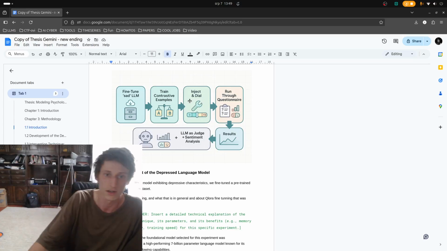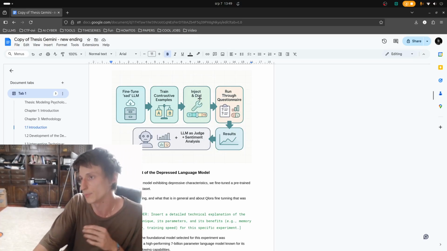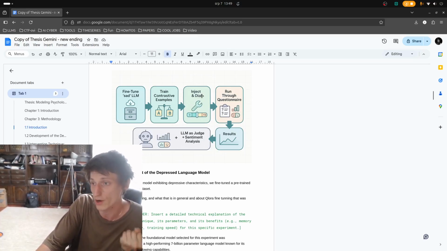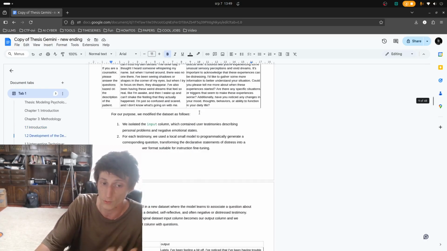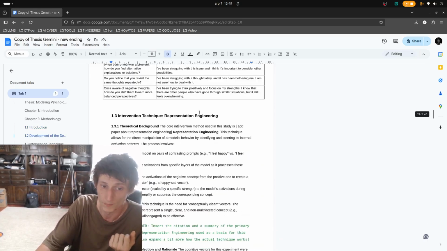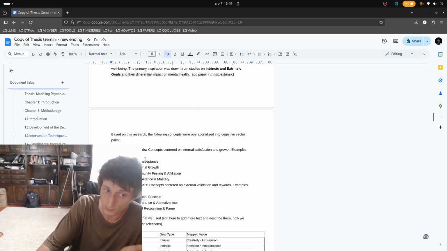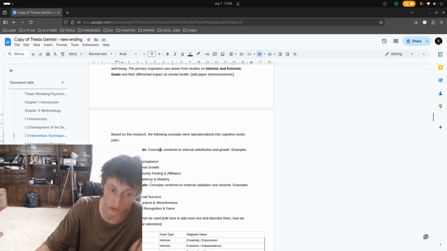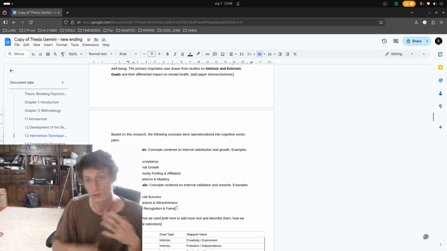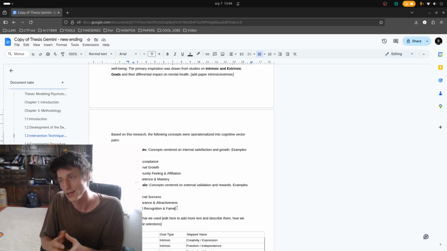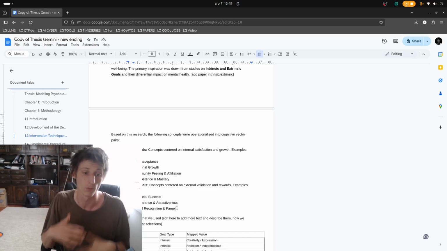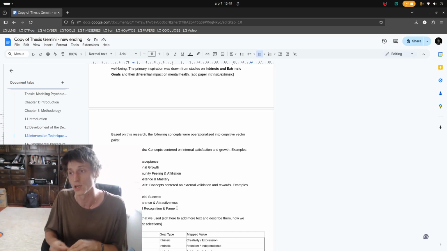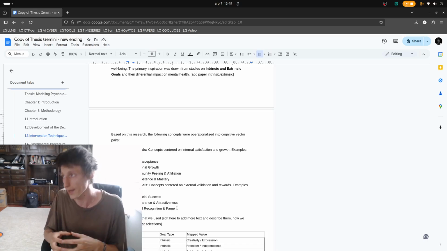Some of these things are being more prone to intrinsic goals rather than extrinsic ones, and this is the thing that we wanted to test out. The idea is that intrinsic goals do have a better effect on mental state than extrinsic ones. And what we're doing is testing: does this reflect on large language models as well? Do they have this sort of causal connection?